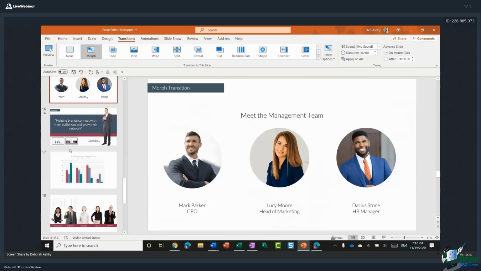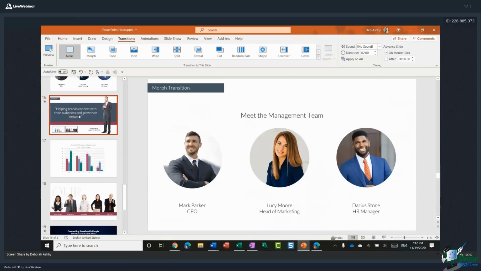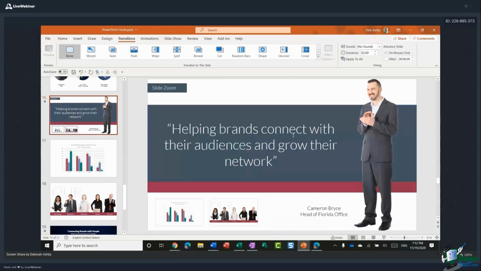Moving down. The next thing I want to talk to you about, again, is another newish feature in PowerPoint, and that is Slide Zoom. And this is really a really cool way of moving between different slides or sections in your presentation in kind of a choose your own story way. If anybody remembers back to when they were younger, maybe I'm the only one who used to have those choose your own story books where you could choose which way you wanted to go through your story. And this is a similar kind of thing.